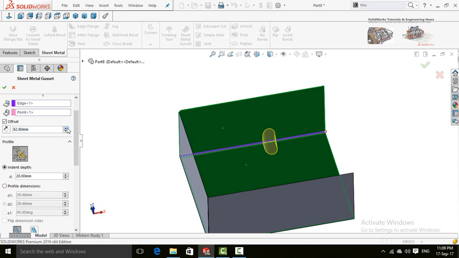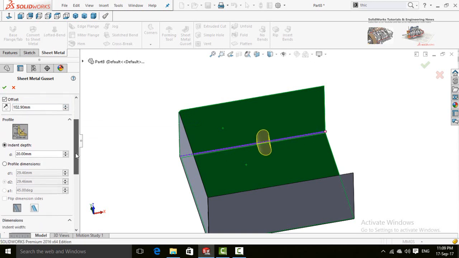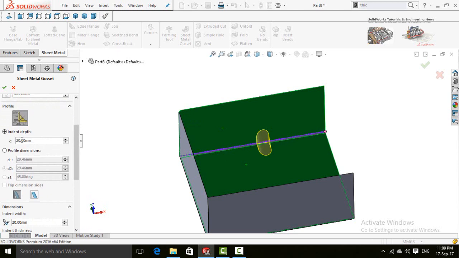You can increase or decrease this distance. Scroll down again and here is the sizes for this gusset. If you want to edit all dimensions, check into this option, profile dimensions, and select all the dimensions manually.